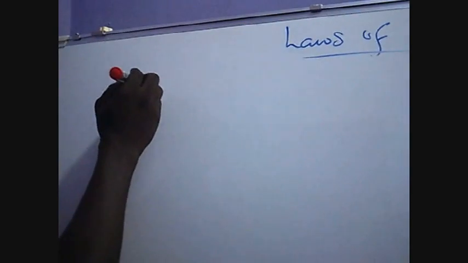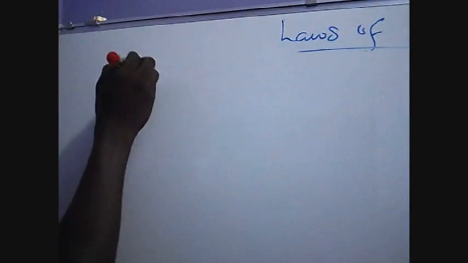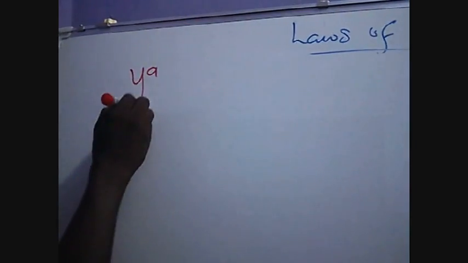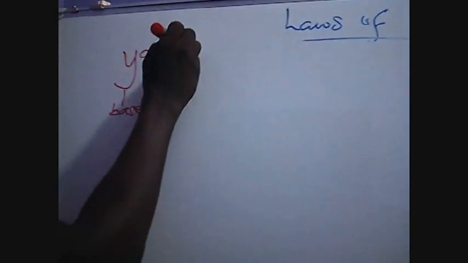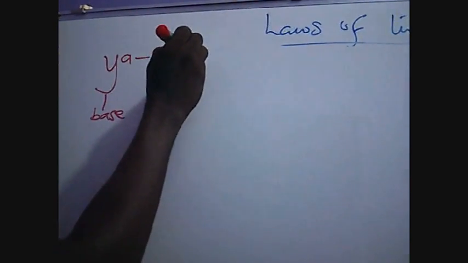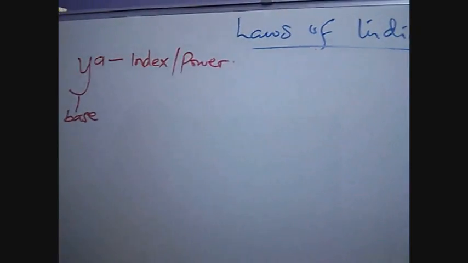In our last two lessons, we said that when we have y raised to the power of a, y forms the base of the number, while a is the index of the number, or we call it the power of the number. So in our